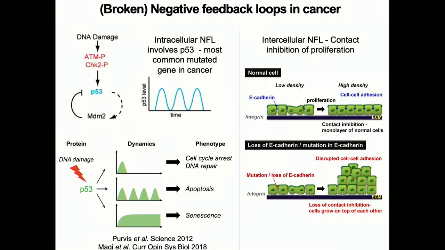Yes, we are talking of mean behaviors here. We are not getting into stochastic cell-to-cell variability concepts yet. Those are important questions, but we'll get to that later. Yes, absolutely. Okay, so negative feedback loops play a crucial role in homeostasis, and some examples of these get broken, which can lead to disruptions in organ architecture and function, eventually leading to cancer.